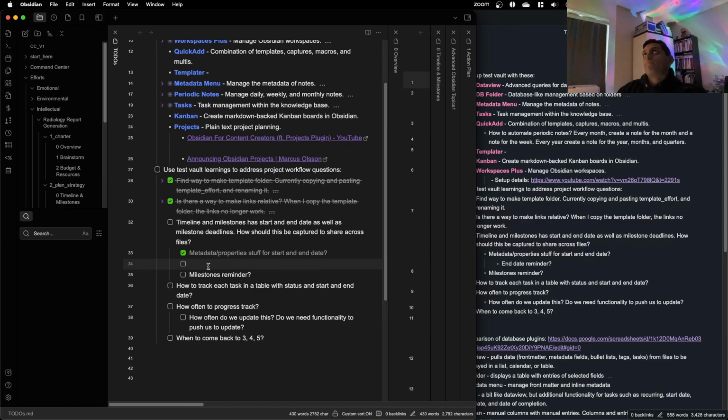But then Templater to include. So essentially we need to make that metadata menu a template, and then when we're actually setting up a project, we just make some adjustments so we don't have to go through that entire process of what I just did.